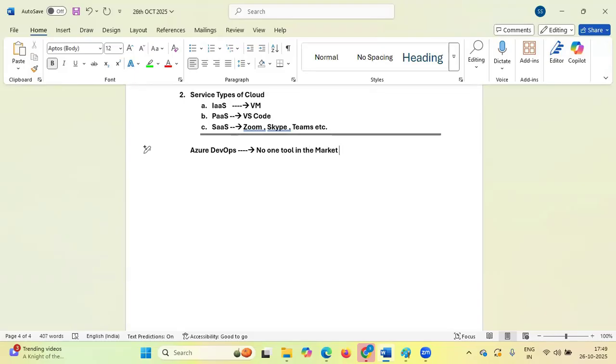Okay. Because all the other tools have individual purposes. If you are using Terraform, it is only going to provision the services. If you're using Jira, it will only help you with project related stuff, like creating user stories, defects and all. Here, everything you can do on a single platform. Okay. Team management and all.